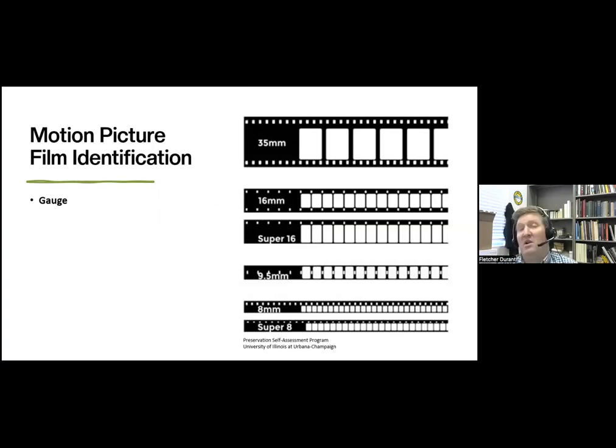Do you have a 120mm film from something that was meant to be on the big screen? And really, for this, all you need is a ruler, and you can look at these images here on the screen to tell you what the various film types look like. But if you have a ruler with metric on it, you can just measure the film width,